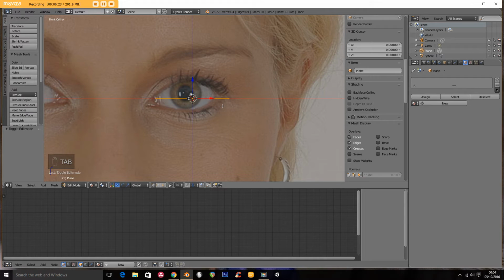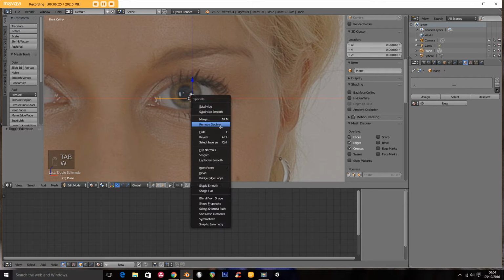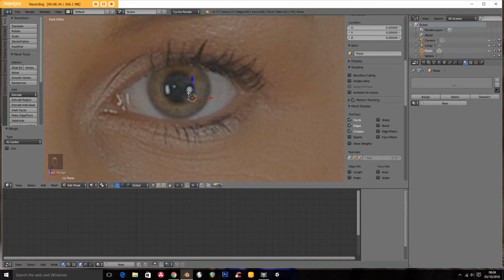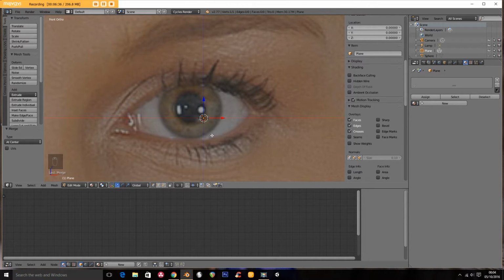I'm going into edit mode and go W, merge at center. And what that's done is the plane had 4 vertices and now I've only got 1. And what am I going to do with those vertices? I'm going to go G up here to move it to sort of the edge of the eye, and then I'm going to go E and extrude my eye